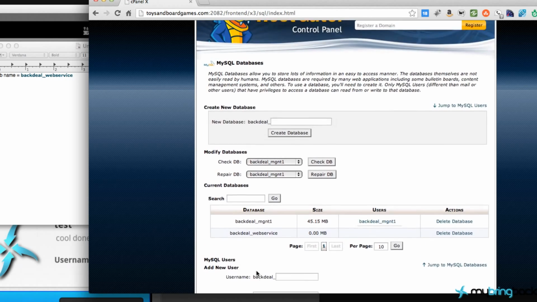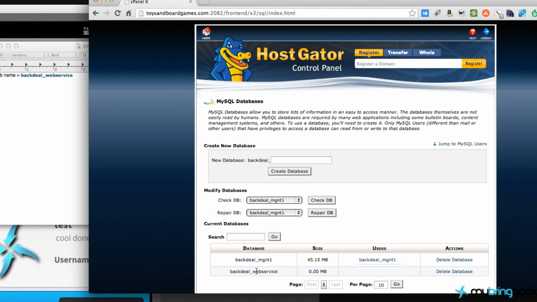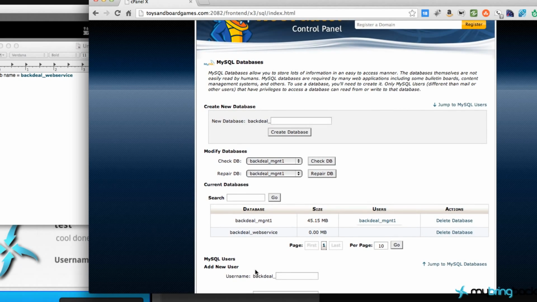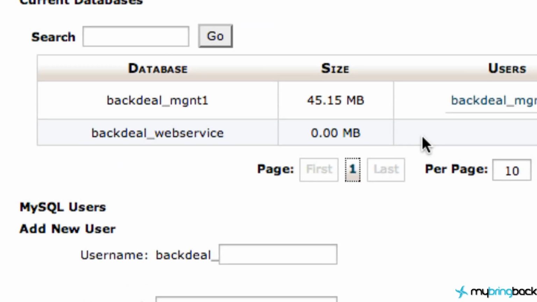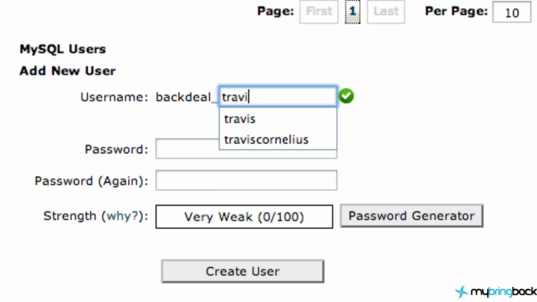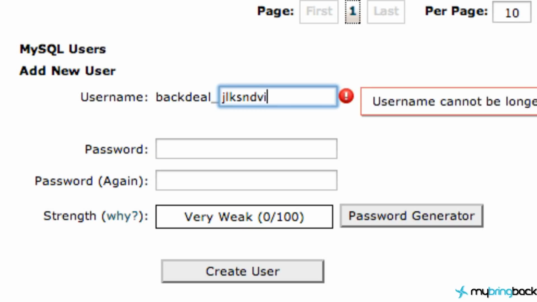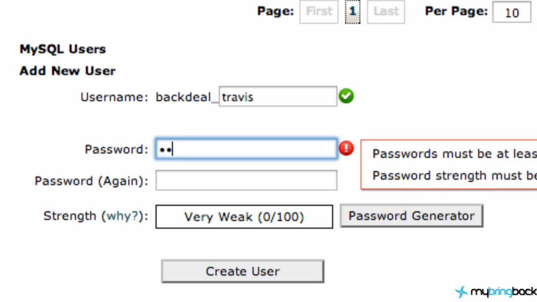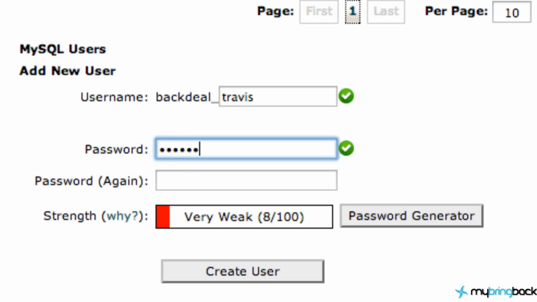The next thing that we need to do is create a user. Again, the user will be able to manipulate the data within our database, create tables, modify stuff, and so we need to create that user. So we're going to create a new user, and it's going to be Travis or your name or whatever you guys want to do. Probably for security, you probably want to do something crazy a little bit maybe. But again, someone's gonna hack into my system anyways, probably, so I'm just gonna stick with my name. And might as well have a simple password as well. It's gonna be bacon1,